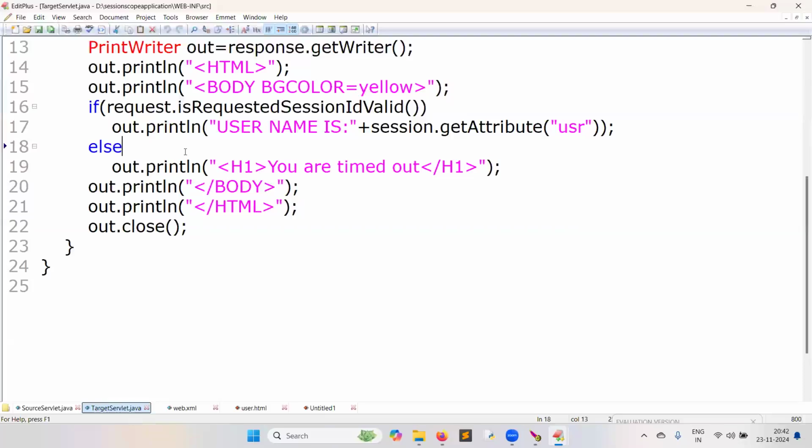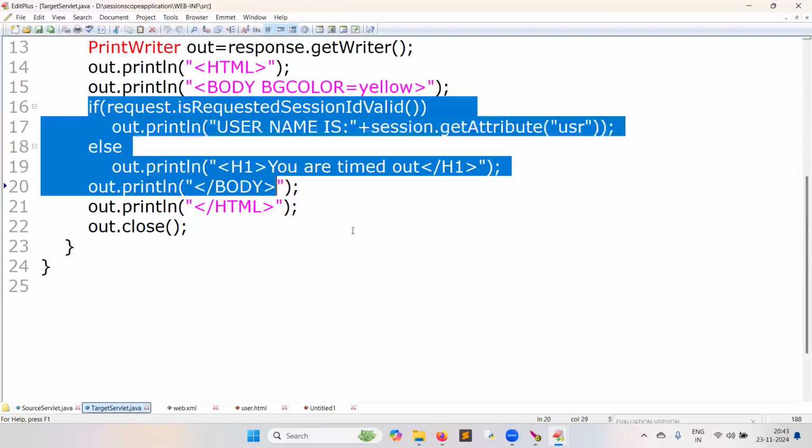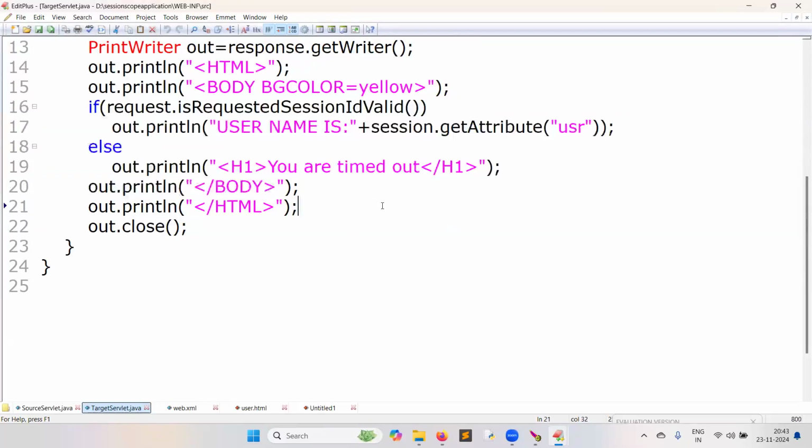I told you, after 3 minutes, if the user is interacting with the website, session timeout will happen. How to verify whether the incoming ID is valid or invalid? One method is isRequestedSessionIdValid. Just for idea's sake I mentioned. That's all. This is just the session scope concept.